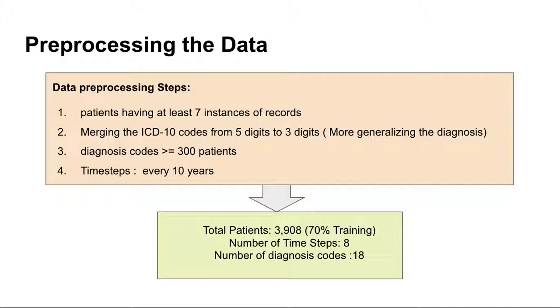So we select the patients that have at least 7 instances of records, and we also try to reduce the number of diagnosis codes by merging them from 5 digits into 3 digits. It means that we are generalizing the diagnosis codes, and we select the ones that are diagnosed in at least 300 patients, and we change the time step to every 10 years. So we ended up with 3,908 patients, of which we select 70% for training and 30% for testing. The number of time steps is 8, and the number of diagnosis codes after all these reductions is